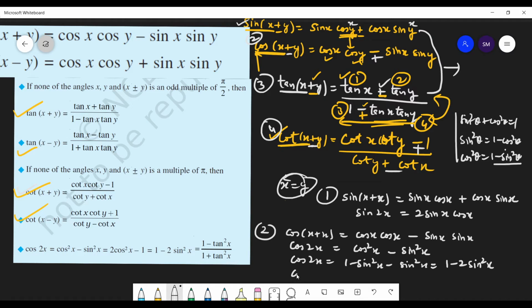Yes. Now cos 2x can be written as, now instead of putting the value of cos square x, put the value of sin square x this time. So cos square x minus, what is sin square x? 1 minus cos square x. So you will get, this negative will change the sign. So cos square x plus, and plus. So 2 cos square x, and this is minus 1. So you have, see, first formula, second formula, third formula of cos 2x. So 3 formulas.